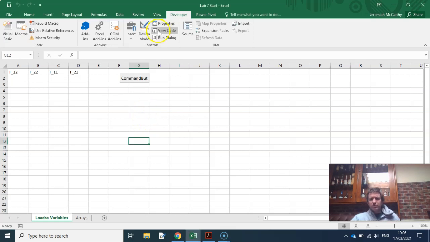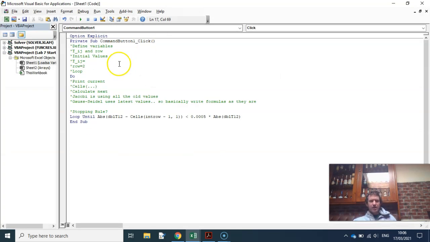Okay, so now we're going to finish this off. Now, hopefully, you've had a go at it already. Right. So the first is the easy one, just kind of figuring it out. So we've got our variables. So we had T12, dBl T12